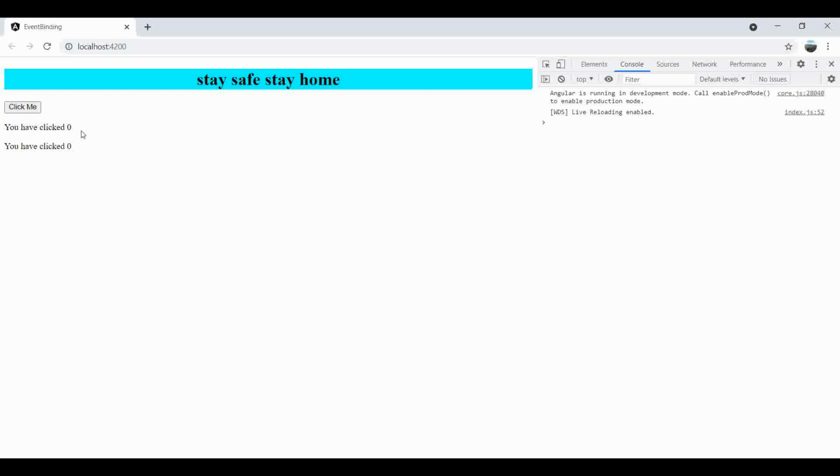If I click, two events are performed at the same time. You can see on my screen both events are working at the same time.